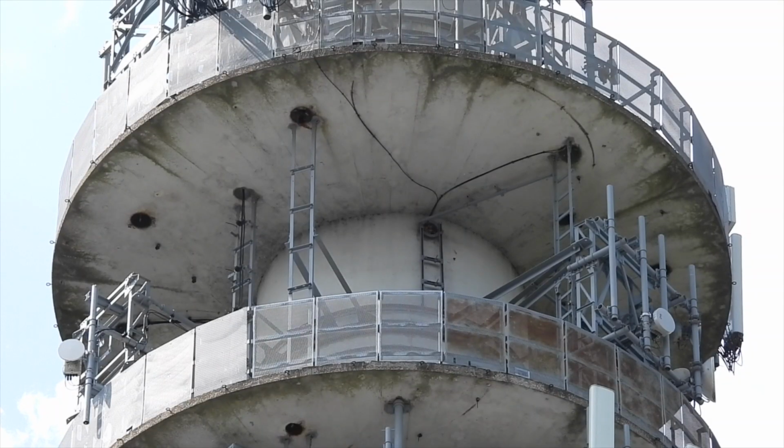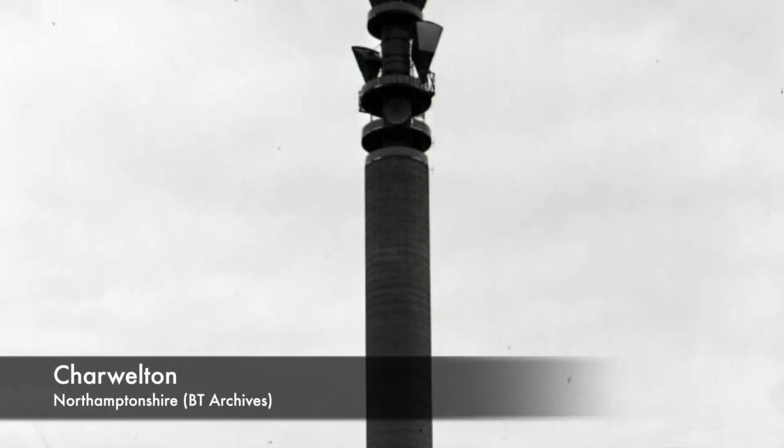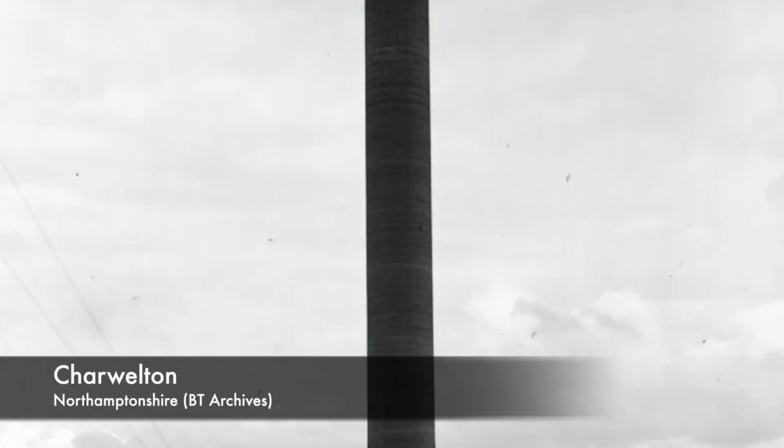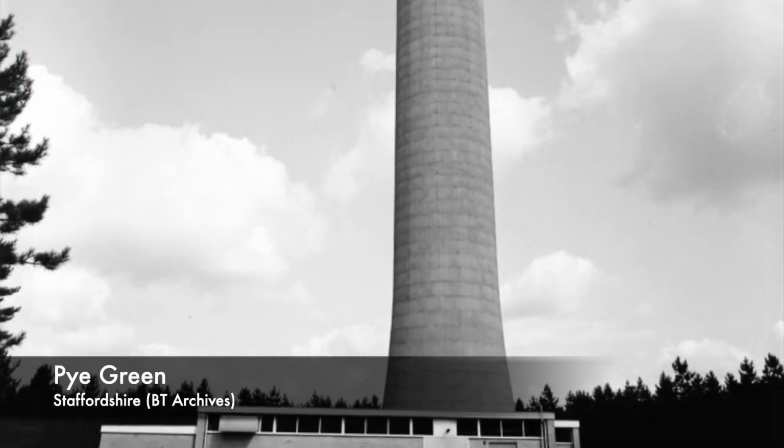Each of the 14 towers had to be within view of the last one in the chain, literally, as microwaves don't travel well through obstructions. The original system ran in a line-of-sight path from south to north in this order. First was Tring in Hertfordshire, Charwelton in Northamptonshire, Pye Green in Staffordshire, and Sutton Common on the Cheshire and Staffordshire